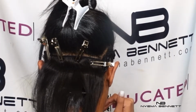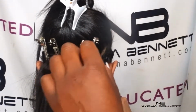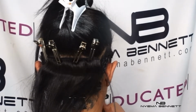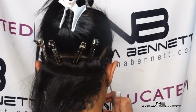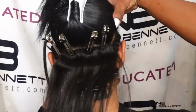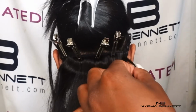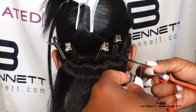Now again, you guys, this is just one way. There are several different ways. I'm going to show you several different ways of how to do the microlinks. But to me, this is a little bit quicker. I really, really like this way. It doesn't damage the client's hair at all because you're not really pulling on the hair. The hair is not really in the beads. The hair is just connected to the weave. You know what I mean? You're only putting a little bit of hair inside the bead,